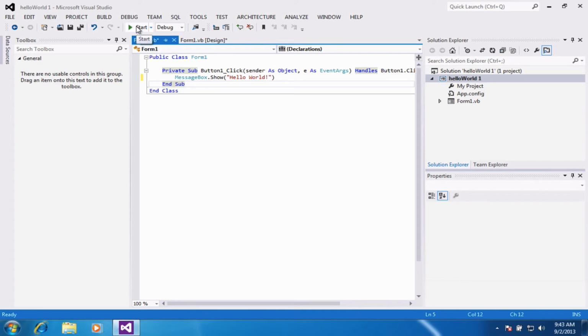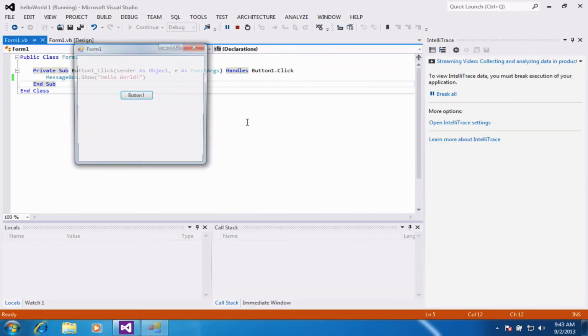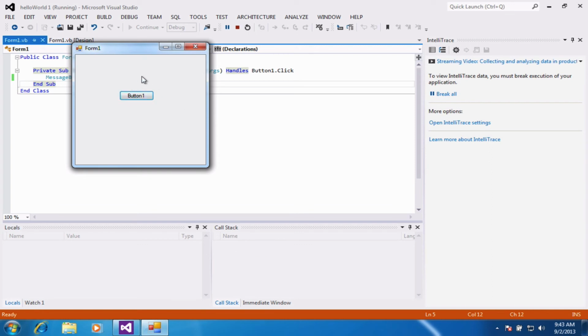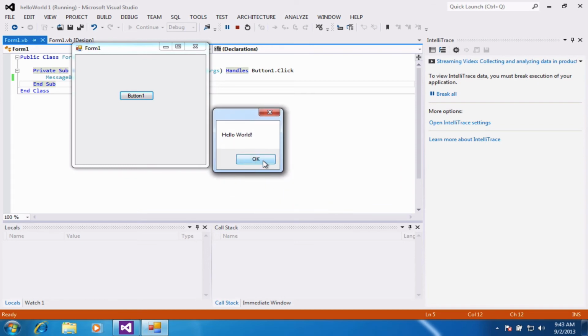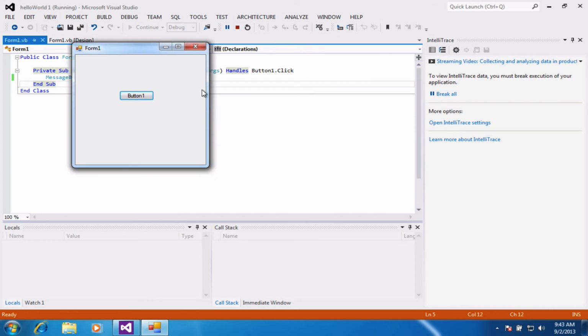So let's give it a quick play, click on this start button up here. So our form pops up on the screen, here's our little button, give it a click, and yes, we get our hello world message. It's a very simple introduction to VB. We'll be looking at more and more details as we go through these tutorials, and you'll start to explore the different areas. I'm just going to click on the stop button here,